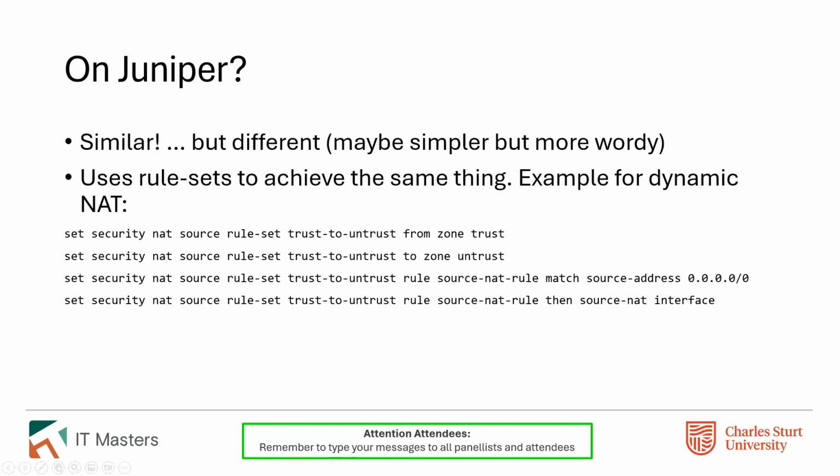Now, how might you do that on Juniper? Fairly similar. It's in some ways, I guess, more logical, but it is a lot more wordy. Juniper's config is somewhat different to Cisco's in many senses. That's partly because if you copy Cisco too closely, they have every right and reason to want to sue you, and that's perfectly reasonable. And also because Juniper have taken a much more, what I'm going to call programmatic approach to configuring these devices.